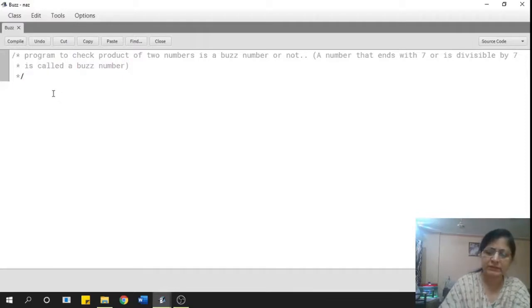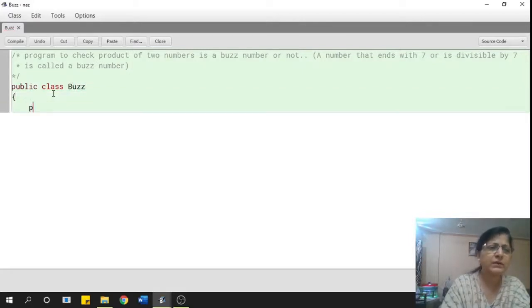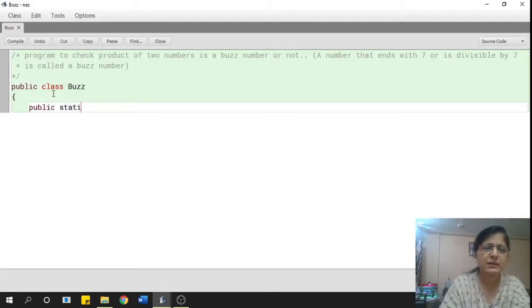Now I begin with my class declaration. Public class buzz. And I begin with the main method, public static void main.